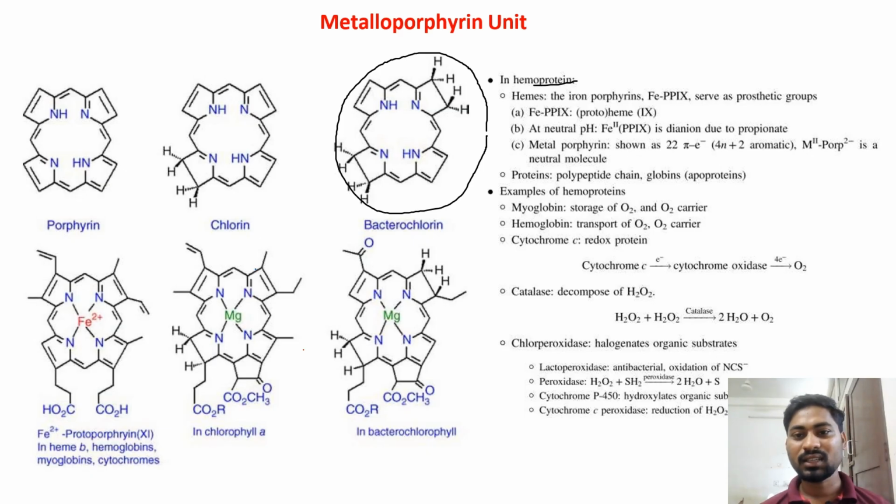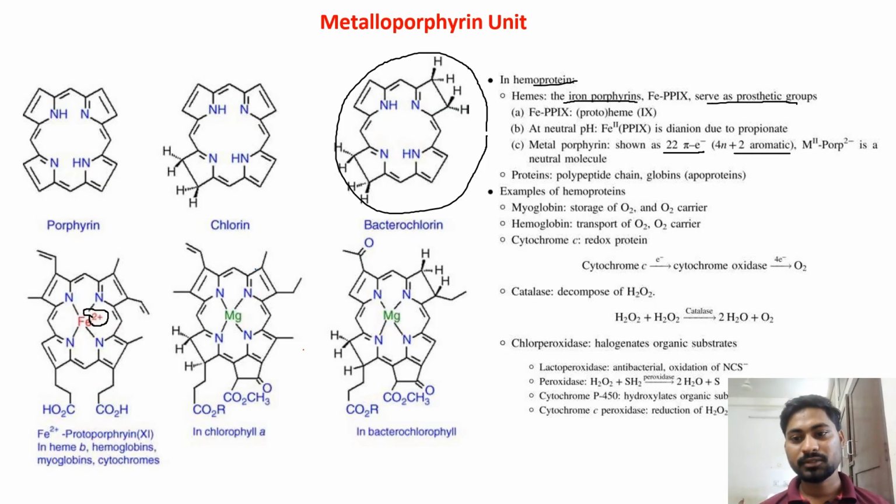Hemoprotein has iron porphyrins, which serve as prosthetic groups, and in the porphyrin ring the ferrous iron has the oxidation state +2. The metalloporphyrin shows 22 pi electrons, and it